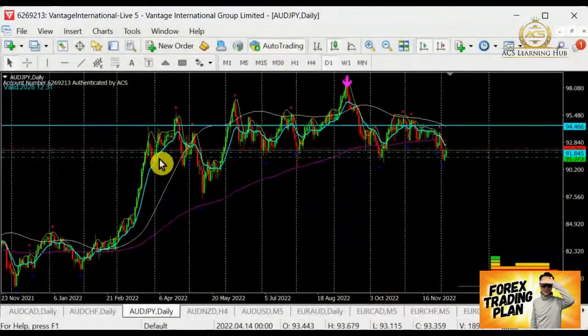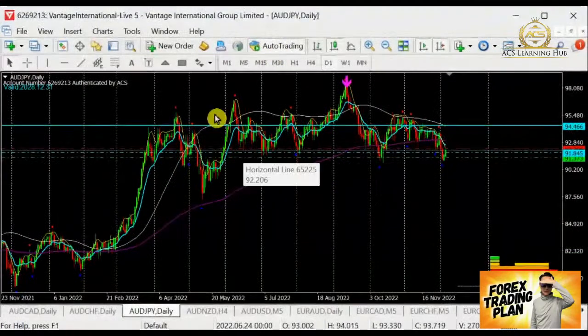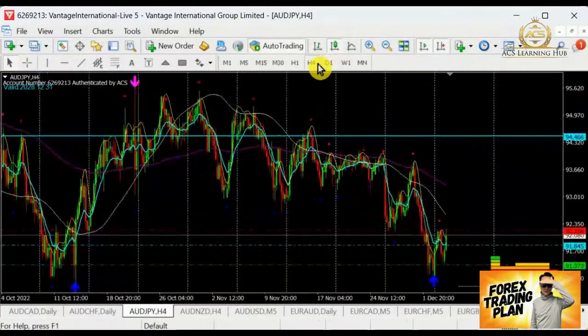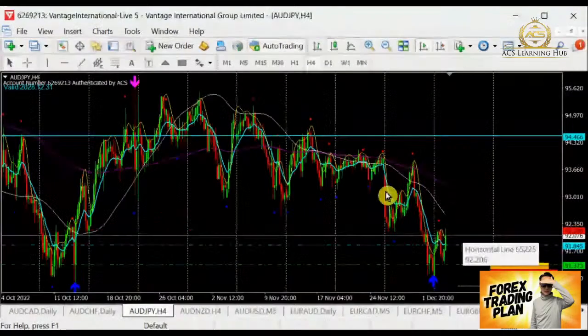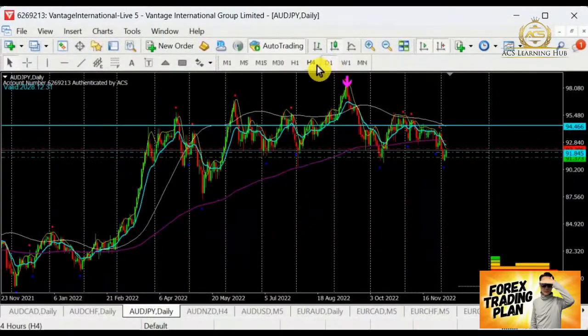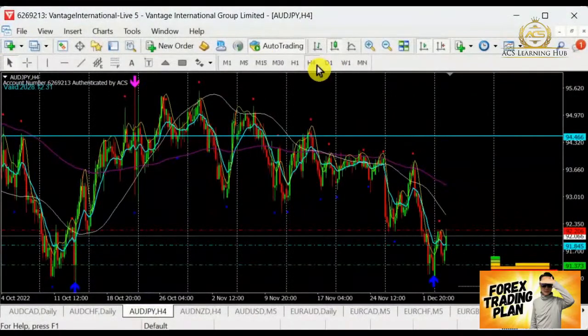Aussie yen, we have actually been moving as a bull, but it is transiting to bear. For the past 2 days, I think last week was good, selling down, but yesterday had a setup to get a bull up there to test the resistance. Today, it has tested the resistance up here. Will it have a chance to sell? Perhaps on the second half of the day we can take a look. So tentatively, I will leave this out first, and let's wait for the next H4 to open to see if there's a chance for selling.